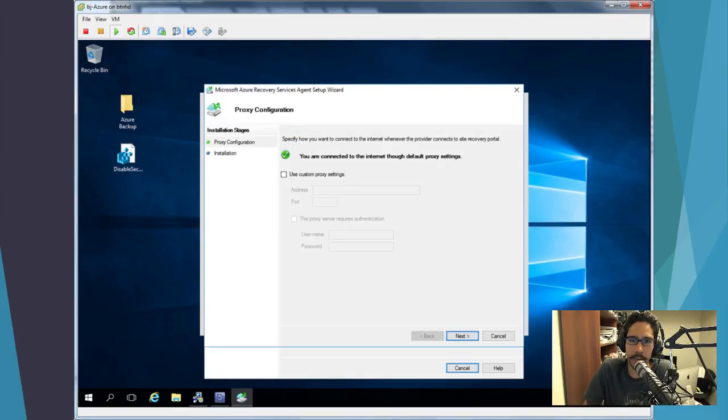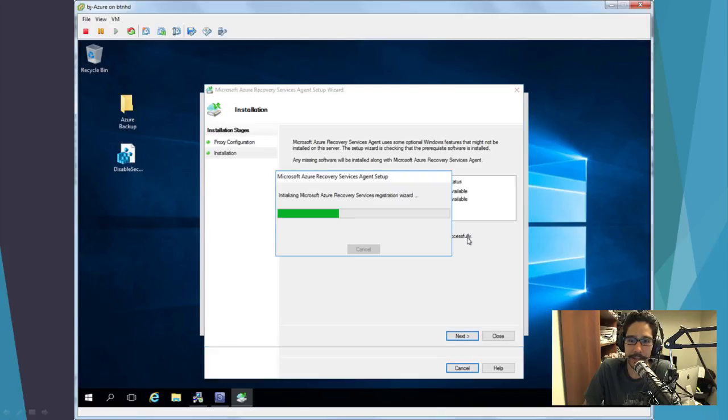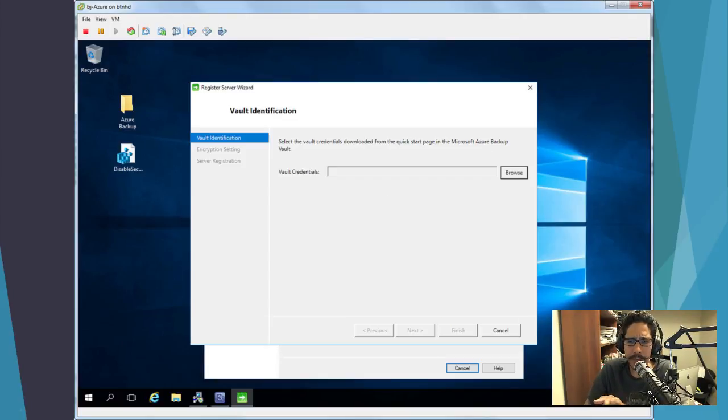So you're gonna get prompted for a proxy. I didn't have a proxy, so I left it as the default, unchecked. Click on next. It's gonna check for the PowerShell and the .NET. Everything was available. Green check, click next, and then it's going to start initializing the Microsoft Azure Recovery Services, and then click on next. Now, the Vault credentials is something that you need to go inside your Azure subscription to